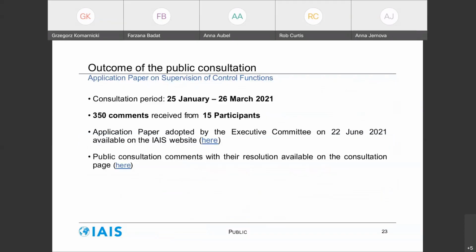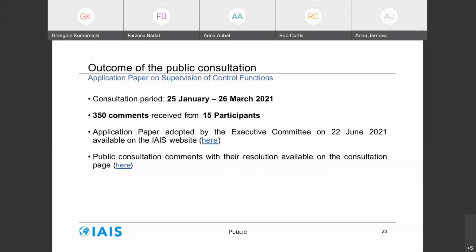Now, looking at the next slide on the outcome of the public consultation, which, as I mentioned, took place earlier this year. So we received comments from 15 participants, which in total added up to 350 comments. So thank you very much for those. It kept us very busy. We took on board a lot of these comments and have provided some additional explanation as part of the resolution